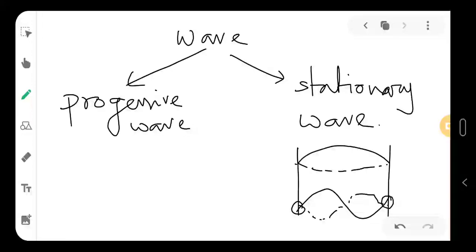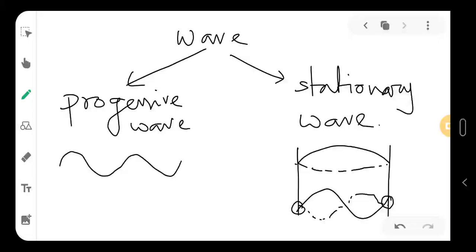This kind of situation can create the stationary wave. Whereas a progressive wave does not have any boundaries or constraint like that. It can propagate, so you can directly see that the whole envelope or the whole shape of the wave is